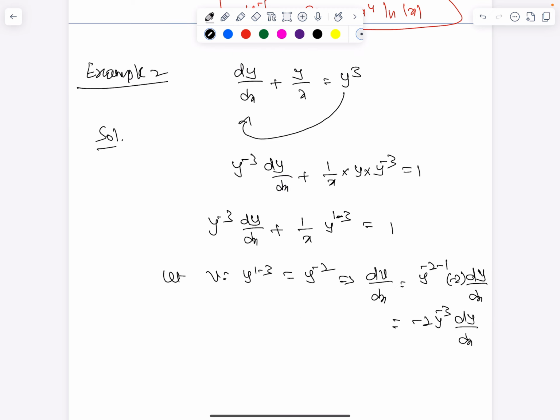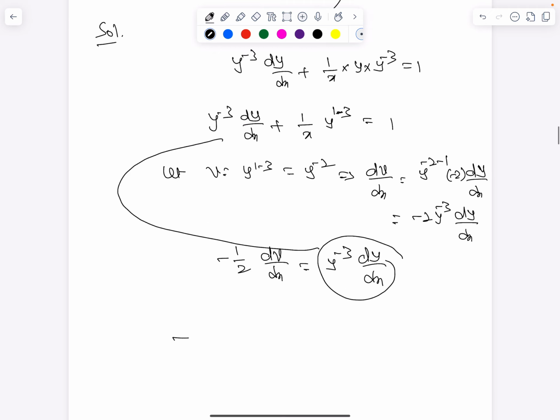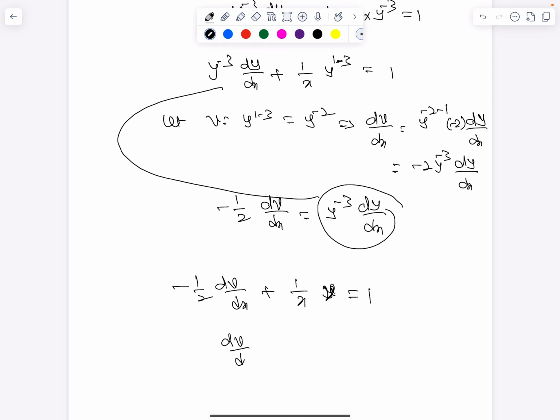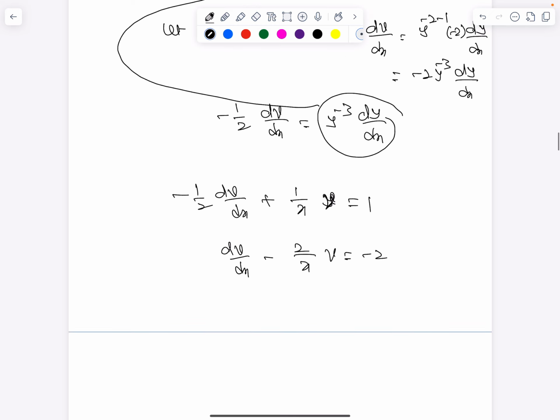Of course, we have seen already 1 by 1 minus n into dv by dx, that is minus 1 by 2 dv by dx is y power minus 3 dy by dx. Therefore, in the given equation, this term we are replacing, that gives you minus 1 by 2 dv by dx plus 1 by x, y power 1 minus 3 is nothing but v, is equal to 1. If you further simplify, dv by dx minus 2 by x into v is equal to minus 2. It is the new form where integrating factor is equal to e power